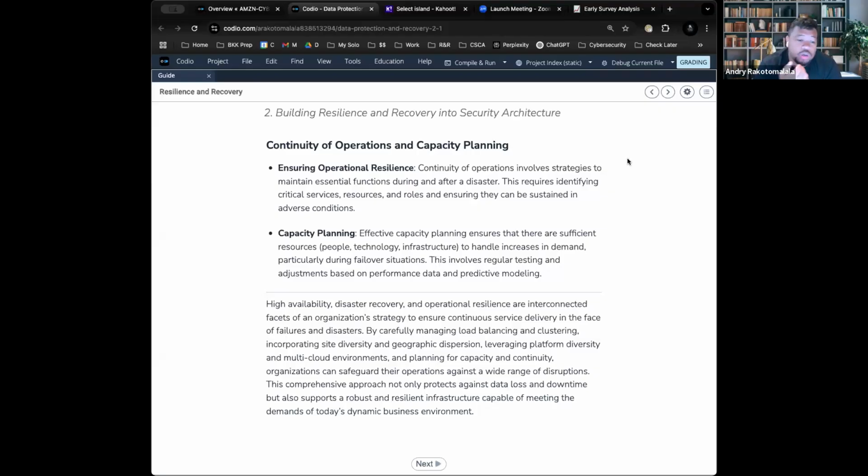We're going to get more workers. We're going to get more people. So we need to build it so that it can scale. Remember, scale means building so that it can grow over time. Both of these, in regards to operational resilience and capacity planning, involve regular monitoring and regular testing to make sure that we can identify all the areas that we can improve and identify areas that are already pretty good. All right.